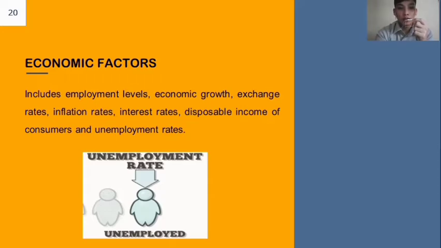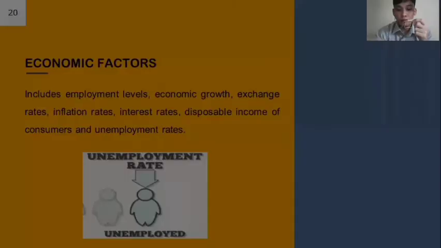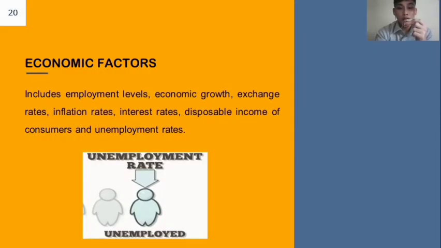So my example is the unemployment rate happening right now in our industry. The unemployment rate in July 2020 was estimated at 10%, equivalent to almost 4.6 million jobless Filipinos, PSA said on Thursday, September 3. This kind of calamity that we're facing right now may result in an economic